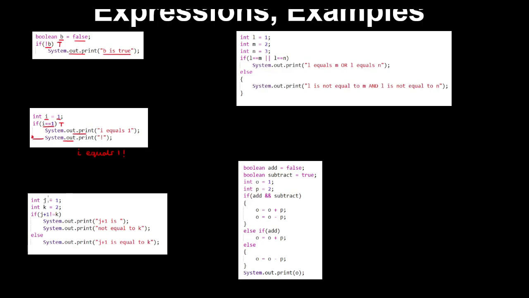Now in this third example, we declare an integer j to be equal to 1 and an integer k to be equal to 2. And in the if statement, we check if j plus 1 is not equal to k. Well, j plus 1 is equal to 2, and that's equal to k. So therefore this Boolean expression will evaluate to false, and we expect the code under the else statement to be